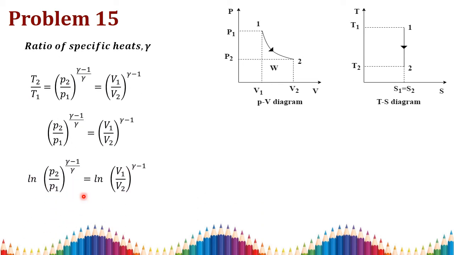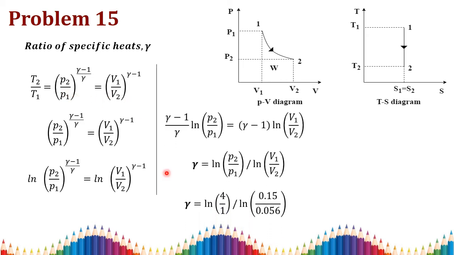The next one we need to find is gamma. How can we find gamma? As I already told, we need to use the PVT relation for an isentropic process, that is T2 by T1, which is equal to (P2 by P1) to the power of (gamma minus 1) by gamma, which is equal to (V1 by V2) to the power of (gamma minus 1). Here in this problem we know the pressure and volume, so we can equate both the terms. Take ln on both sides, then your powers become like this. Then you find gamma from this equation. Substitute all the values. We know all the pressures and all the volumes in this problem. So you will get gamma, or adiabatic index Cp by Cv, as 1.407.